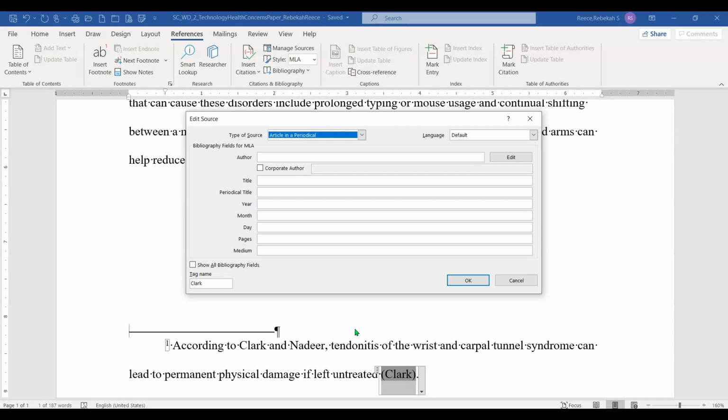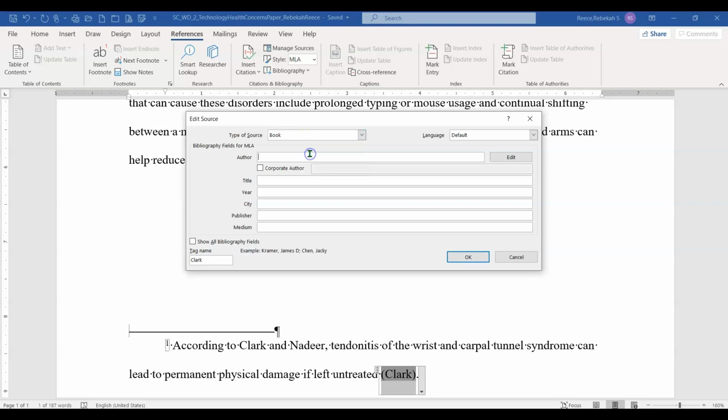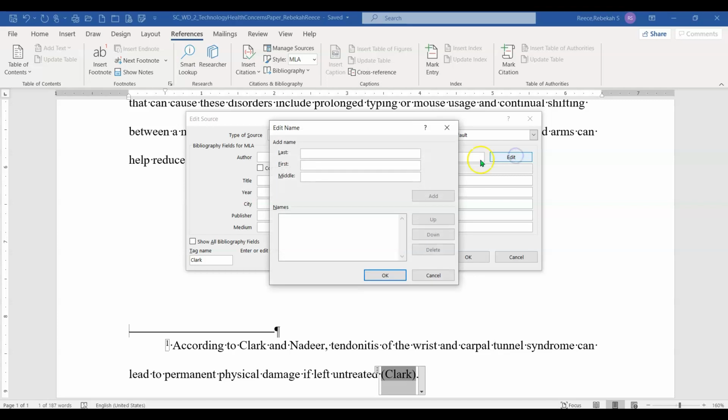the type of source is going to be a book, and this book we have multiple authors. So instead of typing them in right here, we're going to go to the Edit button, and then they have us just type in this information here. So our first author is Clark. The first name is Addison, and the middle name is Lee. Then we can click the Add button,